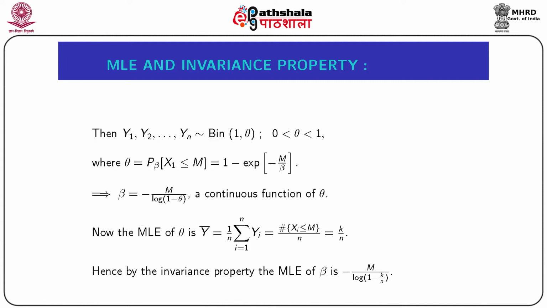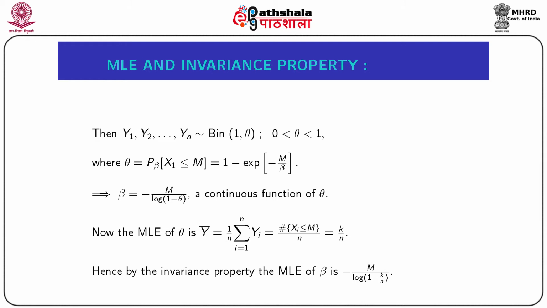Now, theta will be here the probability that any random sample observation xi is less than or equal to capital M, and that is equal to 1 minus e to the power minus M by beta under the exponential probability model. As theta equals 1 minus e to the power minus M by beta, then we can easily get that beta equals minus M divided by log of 1 minus theta, which is nothing but a continuous function of